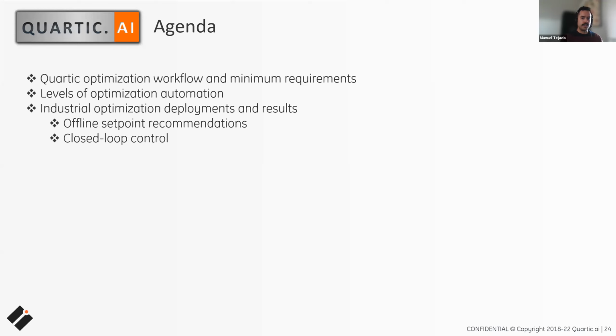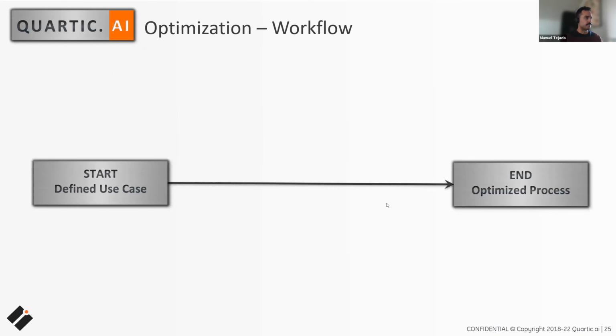My goal here is going to be to convey to you that the barriers to entry are not high, and it's actually likely that you're ready to implement some form of process optimization. Then I'll switch from the slide deck to our platform to demonstrate 2 optimization solutions that have been deployed for customers. You'll see that the impacts to the business are significant in both cases, although their complexity and level of connectivity with OT data sources vary greatly. My objective will remain the same, to show you that you're likely ready to implement an optimization solution.